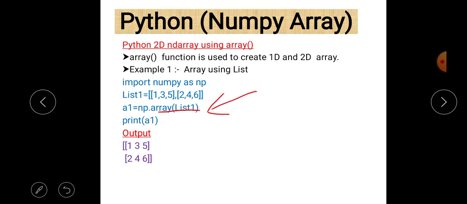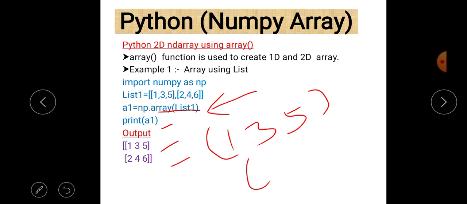So array function actually creates this list into an array, and finally we write a print statement to see the output. So print a1. After that you can easily see that an array will be created which contains elements 1 3 5, which are the elements of the first list, and second is 2 4 6, which are the elements of the second list.